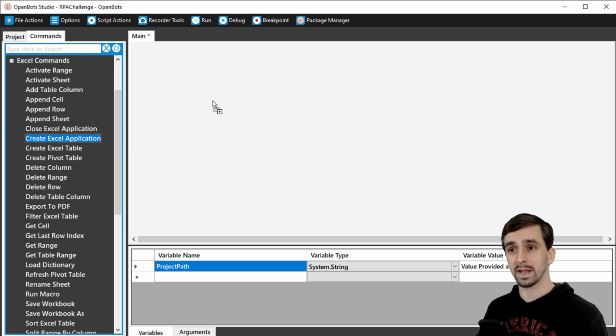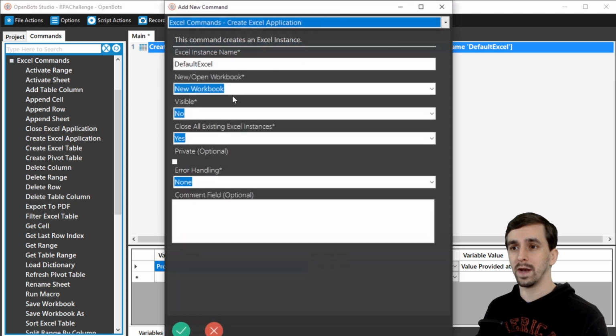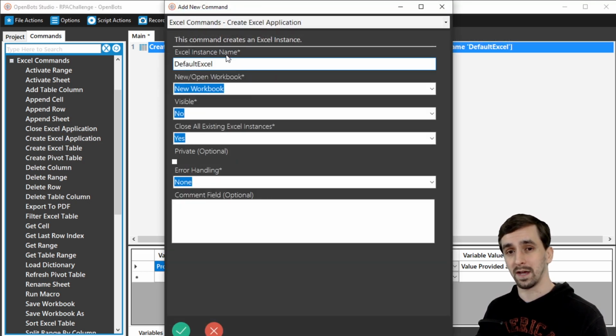So let's go ahead and drag that and drop it over here. I'm going to open it up. It's going to ask me to answer a few questions. It's always going to name the Excel instance by default as default Excel. And that's literally the name that you're going to reference a specific instance of Excel if you had more than